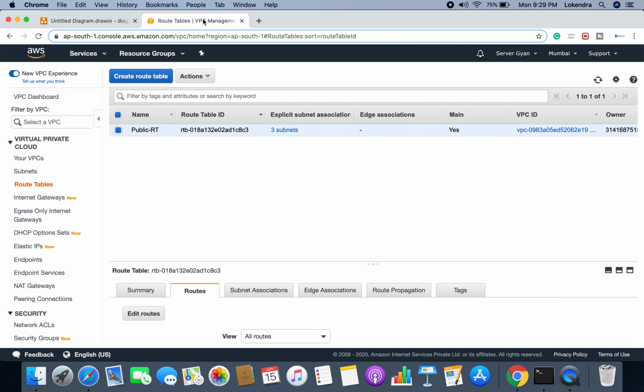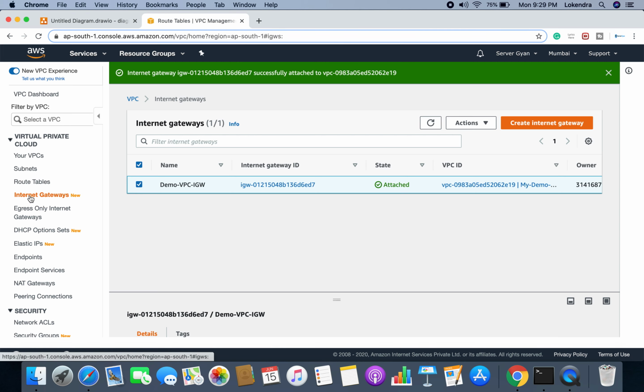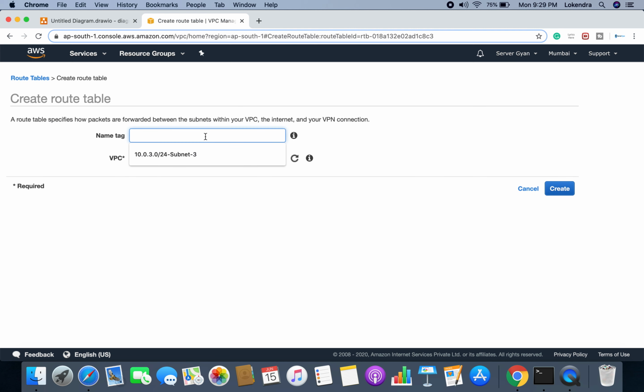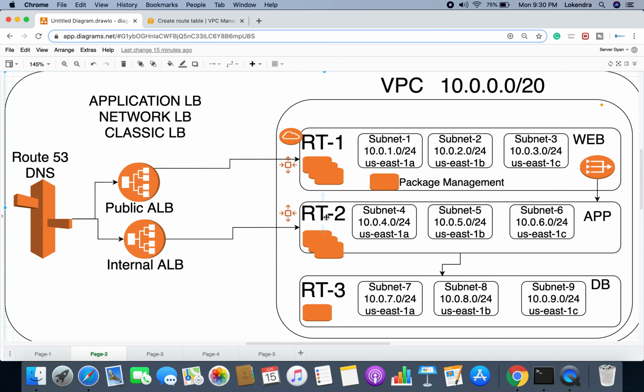Fine. Now what I'm going to do, I will go to this route table once again, and I will create another route table here. I will configure here maybe demo VPC RT2. And rather than writing RT2, I can define here as prod, which means the particular subnets, the particular servers which are going to be here, these are going to be for app.